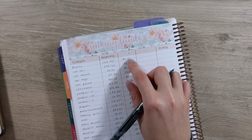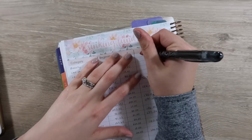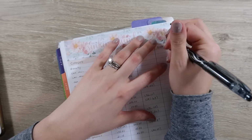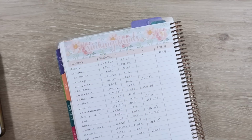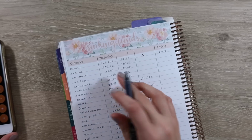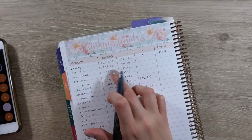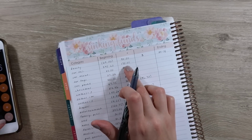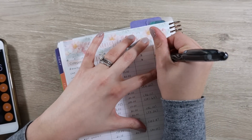So we added $90 here. It was under by $67.86. So we have $20.14 in beauty as of the end of May. For our car insurance, we have $595.60. We added $175, nothing came out, so we currently have